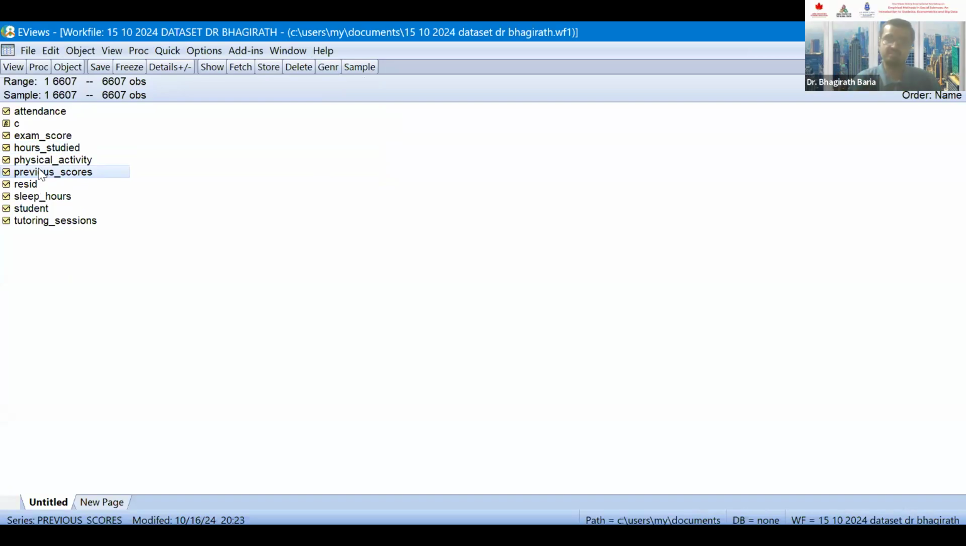So what it does, it arranges it alphabetically. And the C term is the constant term, no need to touch it. Resid is the residual. It will be estimated every time after you run a regression. Eviews will keep automatically updating the residual and the C component every time you run a regression. Other things are your main variables of interest. And here above that, you can see the range of the data, that is, there are 6,607